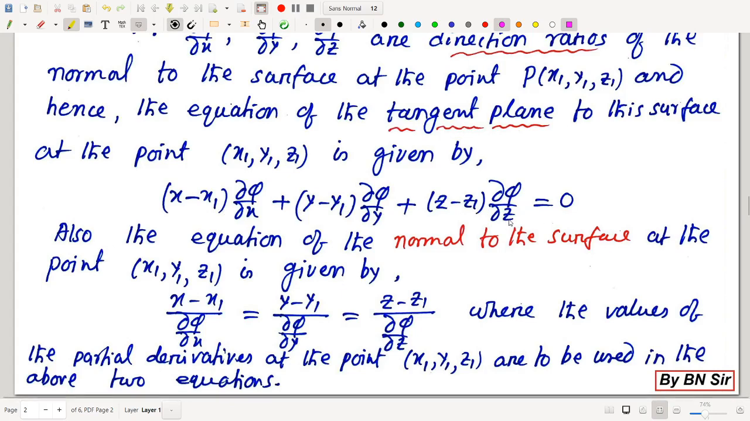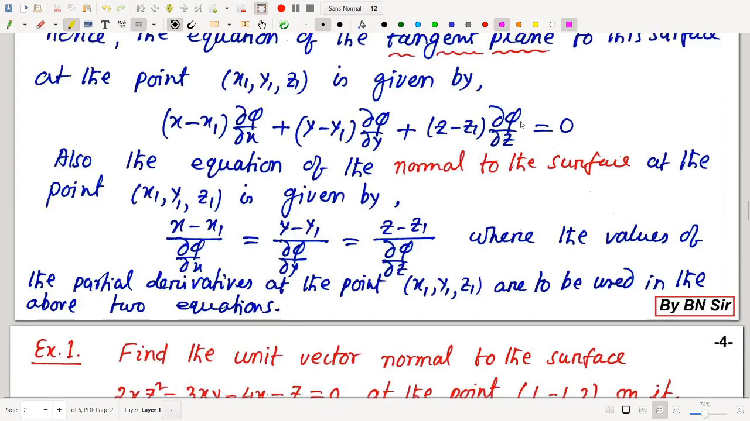So that we have written only here, instead of a, b, c, del phi by del x, del phi by del y, del phi by del z. So this is the equation of the tangent plane to a surface phi(x, y, z) equal to c. Also, the equation of the normal to the surface at the point (x1, y1, z1) is given by